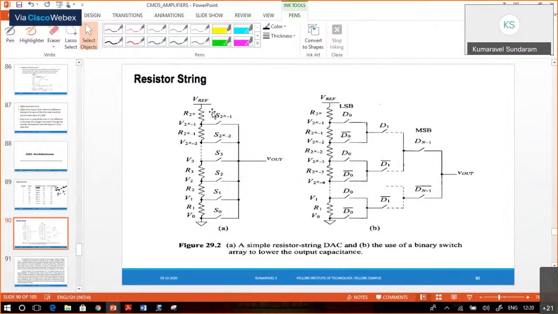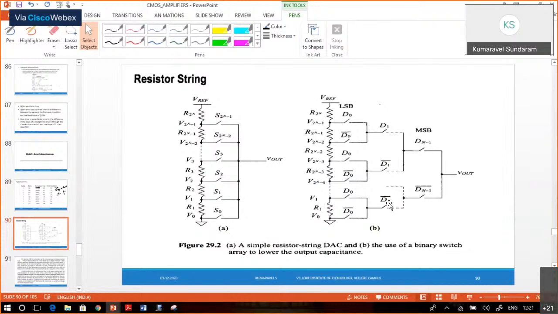The switch array can be like thermometer. For a 3-bit DAC, you will be having 7 switches based on individual switches. Based on the thermometer code, S0 will turn on first, then S1 will turn on, S2 will turn on, S3, like that. If you are going for binary switching, you will be having LSB to MSB. The switch configuration is aligned from LSB to MSB, right? And then the switching and the number of switches